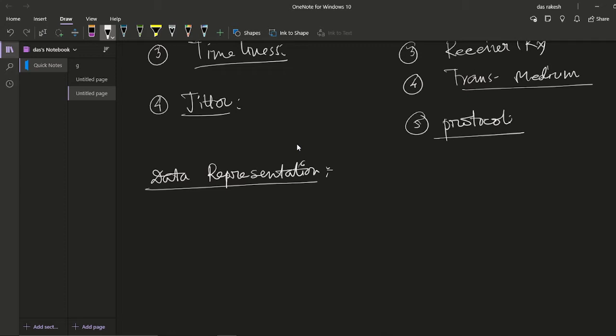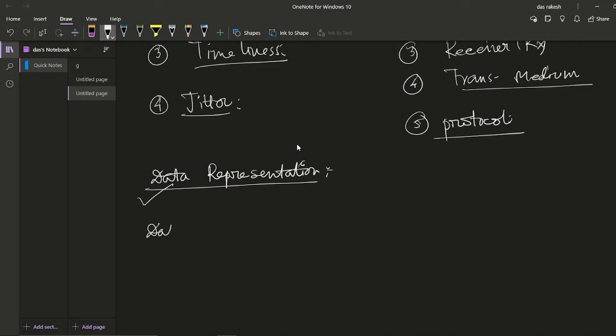This is the very important 7-bit ASCII representation. For images, pixel bits are used, and the size of the pixel depends on the resolution. Audio is the recording or broadcasting of sound, music and speech. For video, there is also a recording or broadcasting of a picture or movie. Video can either be produced as a continuous entity or as a combination of images, each a discrete entity. So this is the discussion about data representation.